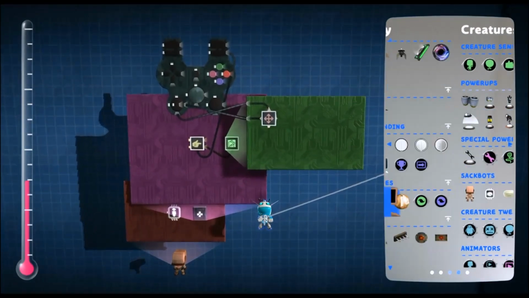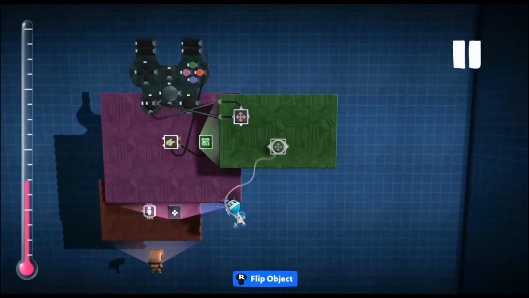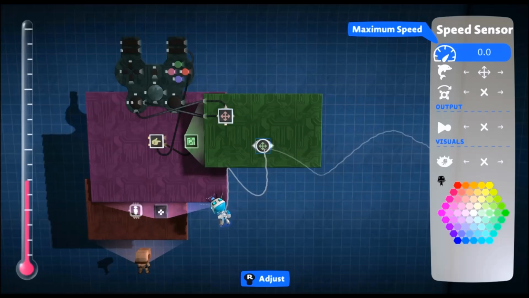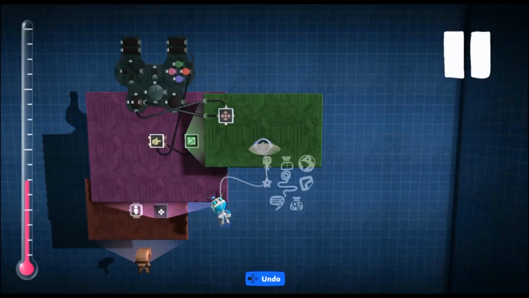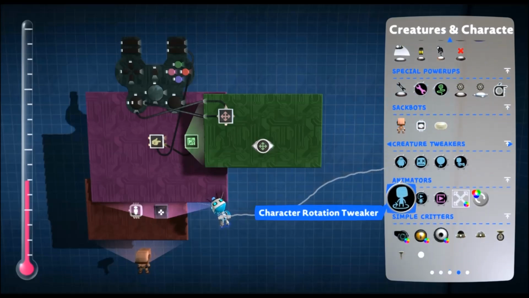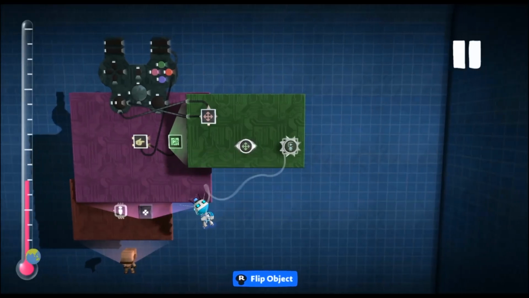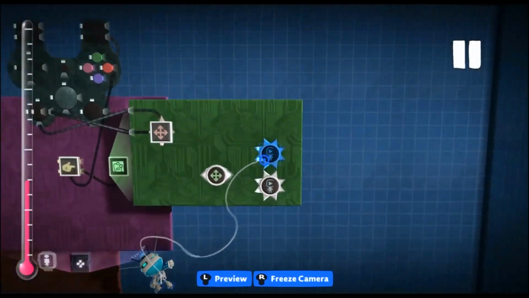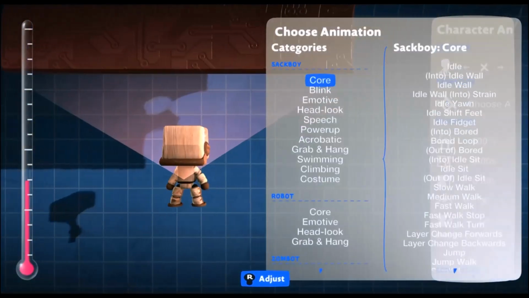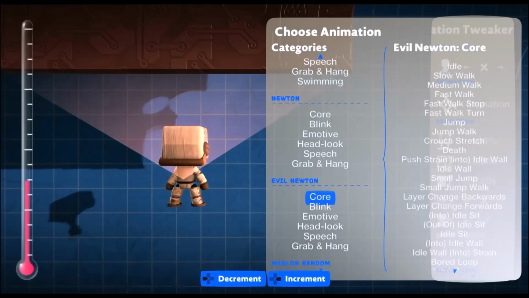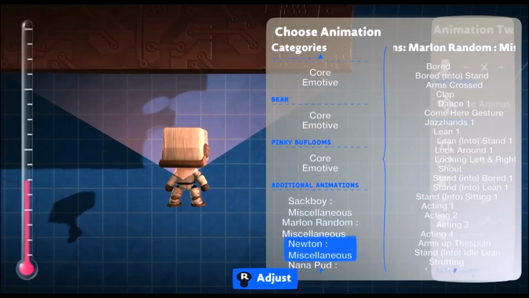Next up we're going to add in a speed sensor. This is for our animations. So to start off with we want 0.0 speed, and then we're going to want to have two animations. One is for when you're not flying around, you're just flying, and the second is for when you're moving around while flying. So the first one we'll go with is a static fly, so when you're just flying in the